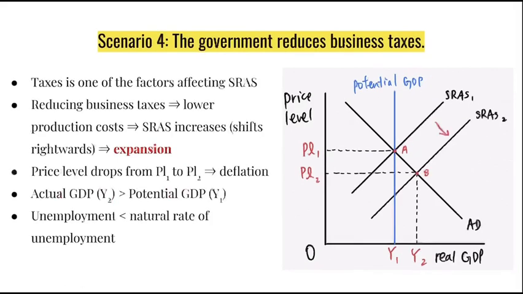Alright, scenario 4. The government reduces business taxes. Taxes are one of the factors affecting SRAS. Reducing business taxes will lower the production cost, which leads the SRAS to increase, which shifts rightwards from SRAS1 to SRAS2, resulting in an expansion, and the price level drops from PL1 to PL2, leading to deflation. And the actual GDP Y2 is larger than the potential GDP Y1. And we can see that unemployment is smaller than the natural rate of